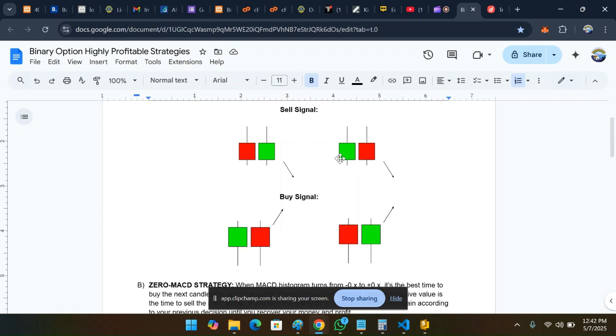But this one has a higher priority, because this one is saying that the buyers want to buy, but the sellers here push the price down. More sellers compared to buyers at the wicks here. Are you getting it now? They push the price down. Are you getting it now? Then